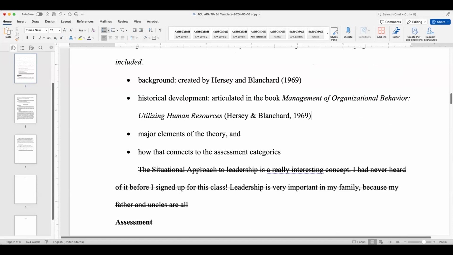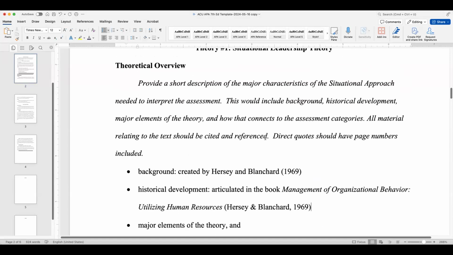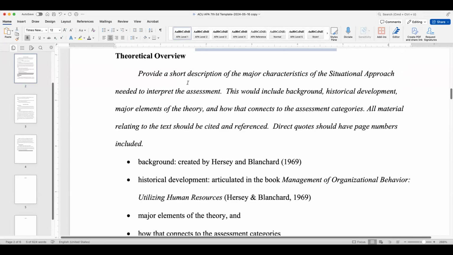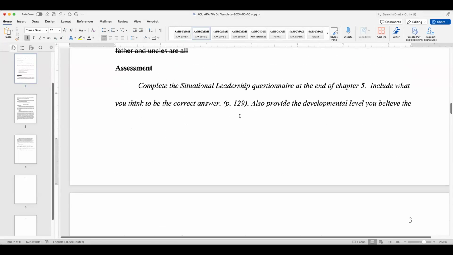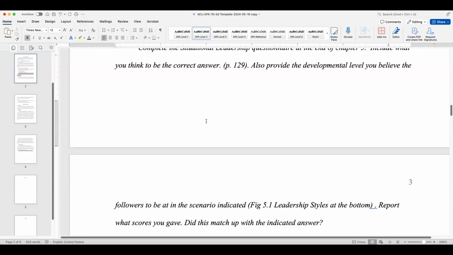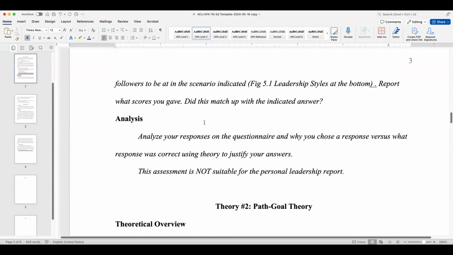And I'll have to go ahead and fill these things in here. All right. So I'm looking at the instructions where it said maybe 1,250 words is the minimum. So I'm thinking I'm going to need probably a page or two on this because we've got two theories to discuss. So maybe one page here for the theoretical overview, the assessment. Well, I like to write about myself, so maybe a page.